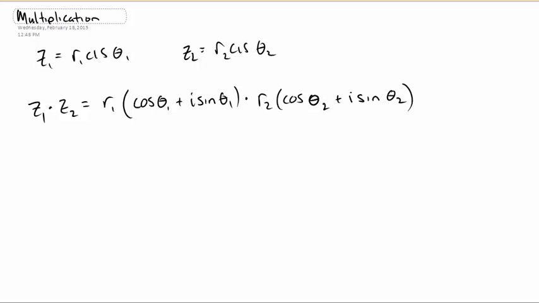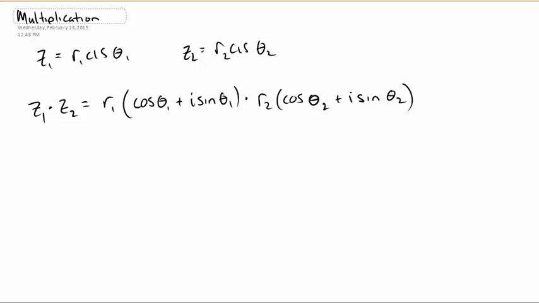Now that you've had a chance to learn about what the polar form or modulus argument form of a complex number is, let's look at how nice it makes multiplication and division, and then in the next video we'll look at how nice it makes raising complex numbers to an exponent. So if we have z1 and z2, and in polar form z1 is r1 cis theta 1 and z2